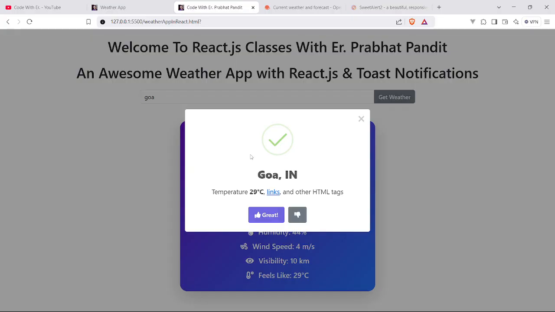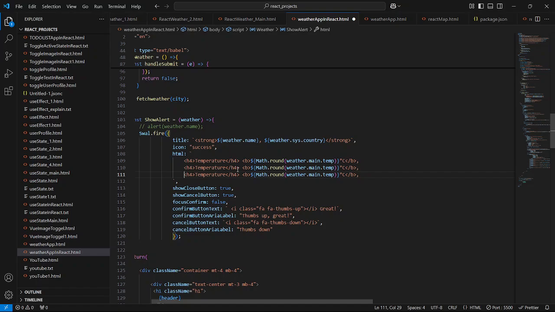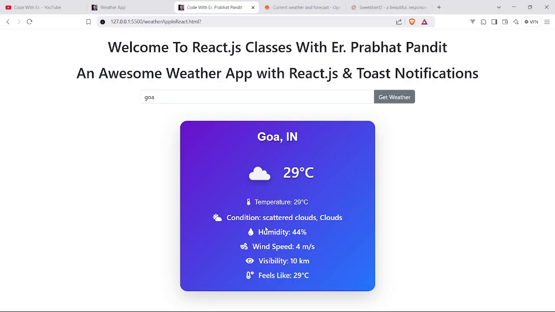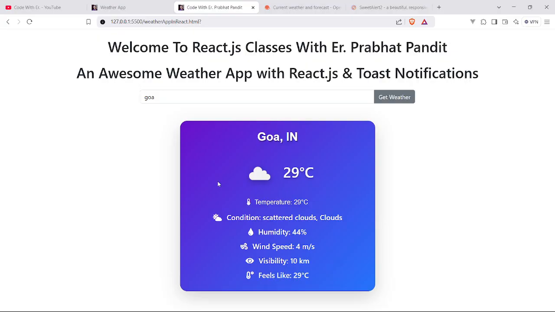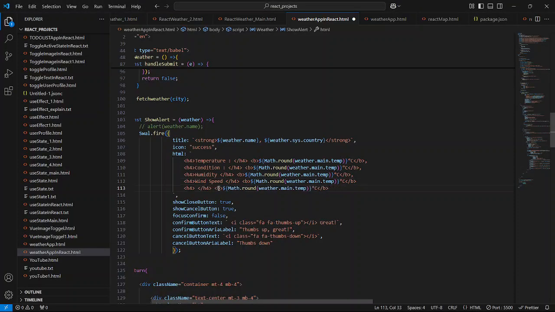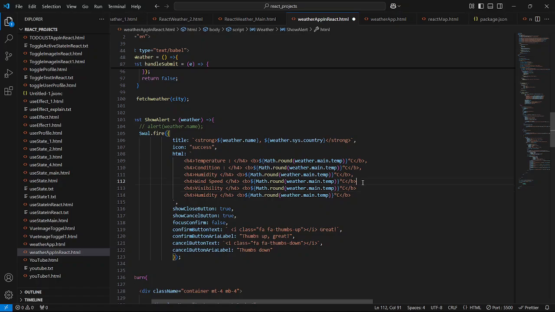So we will show here the conditions also. So we will just say here condition. Like this, give a space. I will show here the humidity also. So humidity, copy this and paste one more time, and I will show here the wind speed also. So we will just say here wind speed. I'll just show here the visibility also, and paste one more time, and I'll just give comma, give comma, give comma,